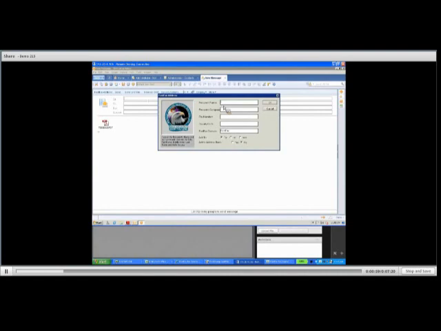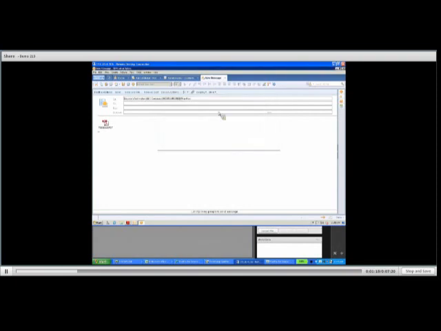So I can type in, if I'm going to send this to George Washington at ABC Company, and his fax number is 508-339-8380. I just address that and say OK. And you'll notice that it has filled in the To field for me, addressing this email to a fax address where I've got the name of the person, the company name, the fax number,